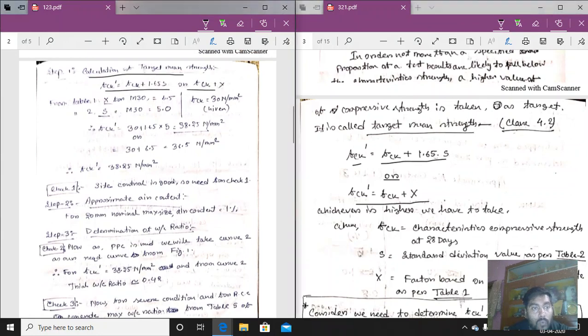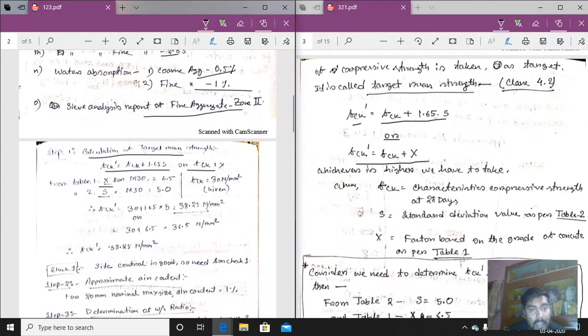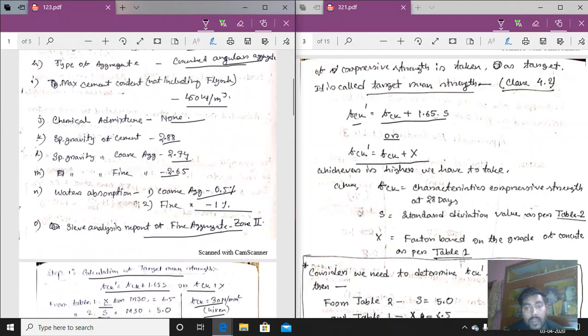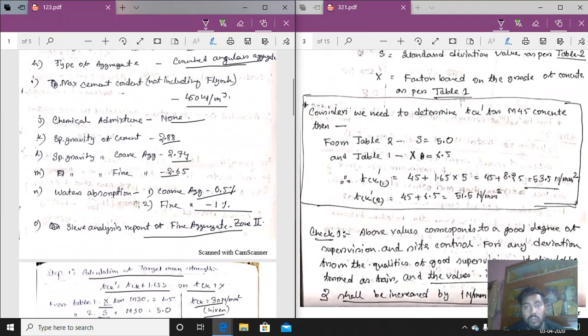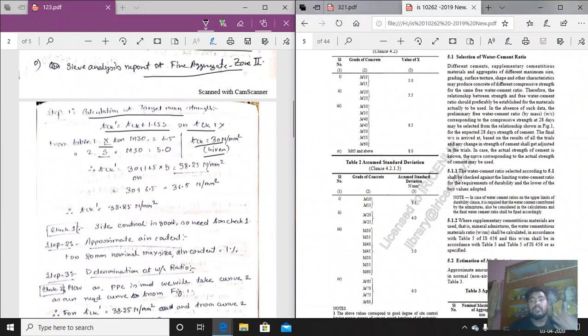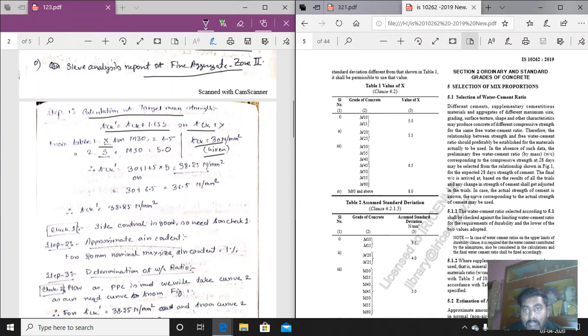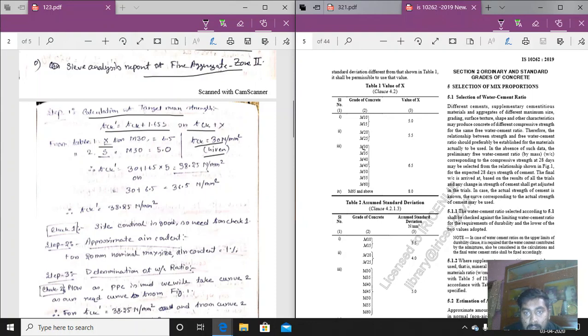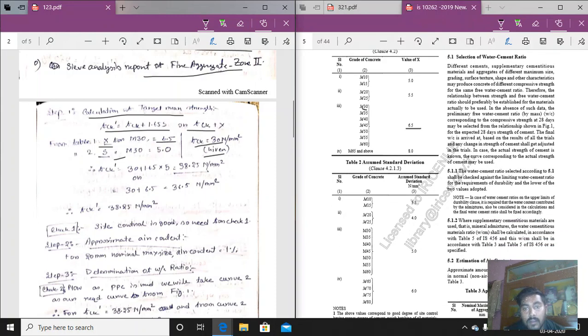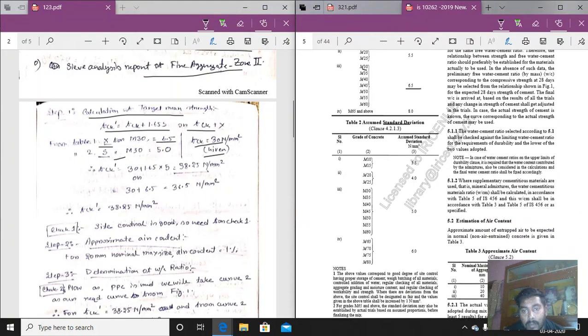Now what is the grade designation? FCK is equal to 30 Newton per millimeter square, because it is M30. So if we see table number 1 of IS 10262, 2009, and from table number 2 we can take the value of X for M30 concrete to be 6.5. Also the standard deviation S from table number 2 for M30 is 5.0. So taking the two values and putting them in for FCK dash,